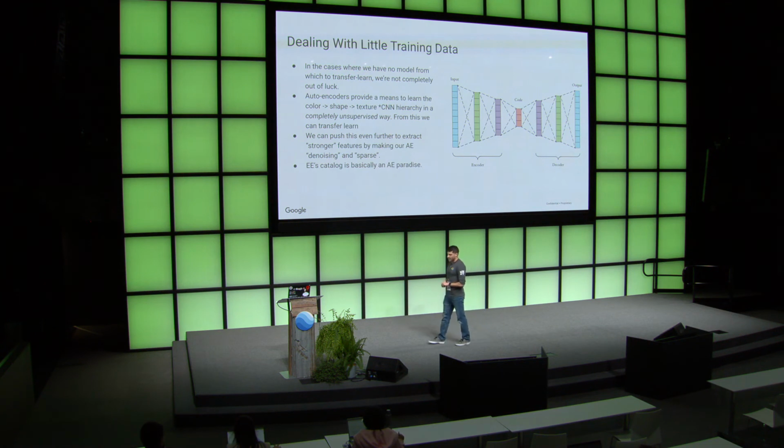Another plug I'll make, because I like making plugs, is that Earth Engine's catalog is a great place to build autoencoders from, simply because the data is so easy to get, and we usually have all of it for a certain collection. So it's very easy to just take a bunch of random samples that maybe you've stratified over some very loose definition of land cover, make a million patches, train an autoencoder, and have to use a lot less data.